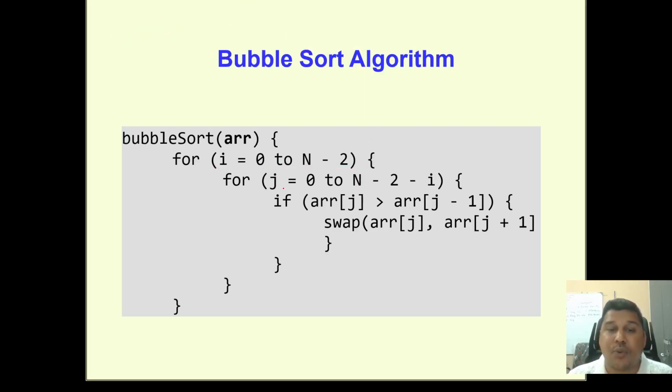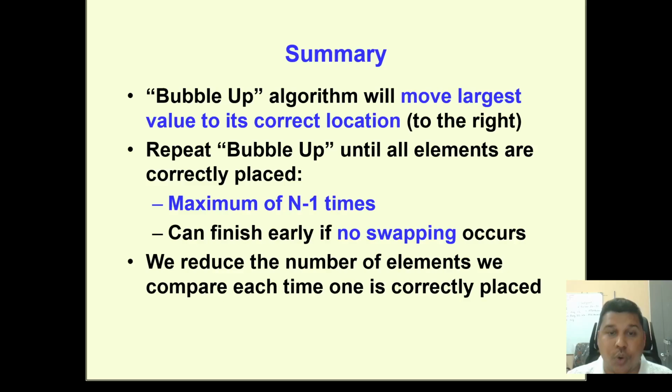Next, second one, J0, J less than n minus 2 minus I. What is this n minus 2 minus I? I will teach you one technique, how we are writing this n minus 2 minus I, after this bubble sort is over. You will understand it much better. Why are we writing this? So, one shortcut technique. So, n minus 2 minus I, because you see, if you go to this example,